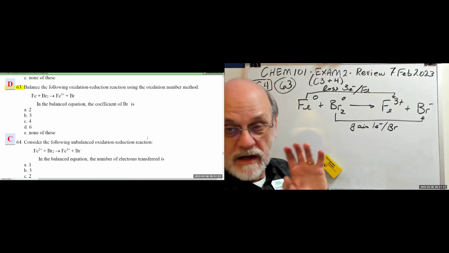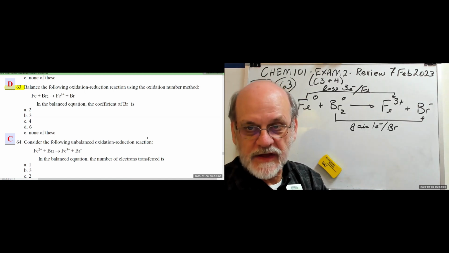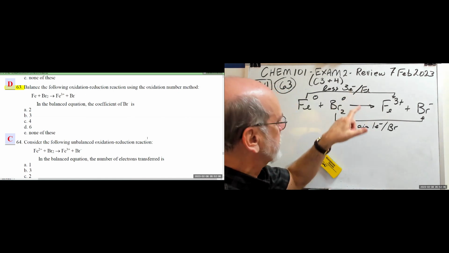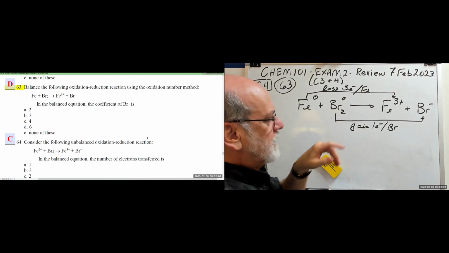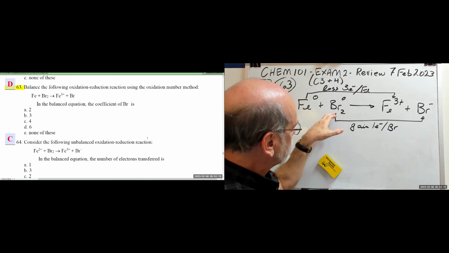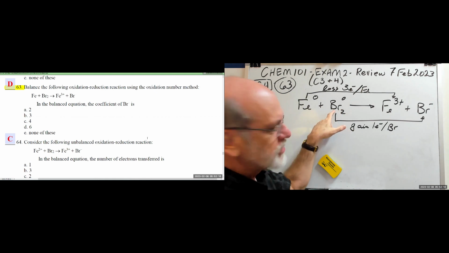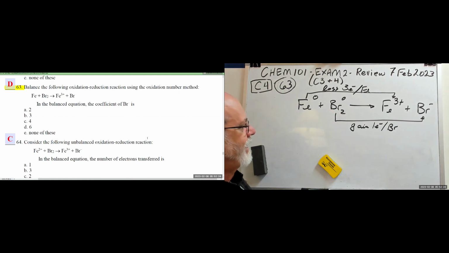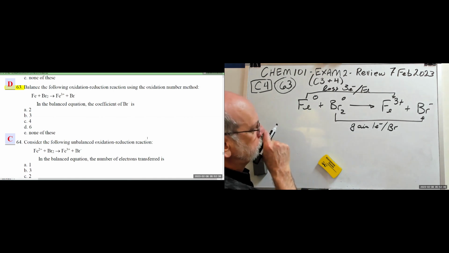Okay. Now, this method requires that the electrons transferred must balance. So this one transferred 1, this one transferred 3. So we need 3 electrons transferred from this one, but we've got 2 here, right? How do you get 3 out of 2? Well, here's what we can do. We can say, suppose